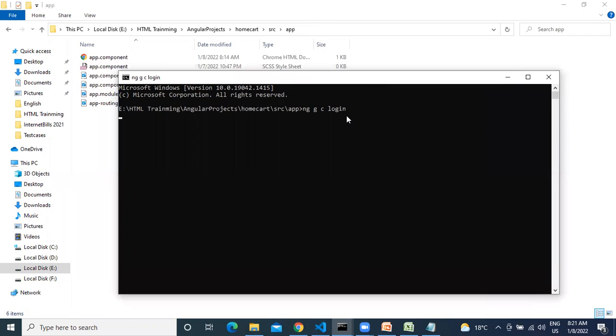Depending on how you set up the project, it will ask for CSS or SCSS. Take SCSS. What is the difference between CSS and SCSS? Anybody? In SCSS, we can use variable declarations and conditions.